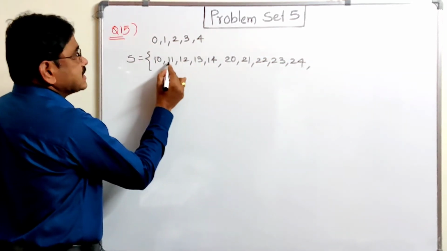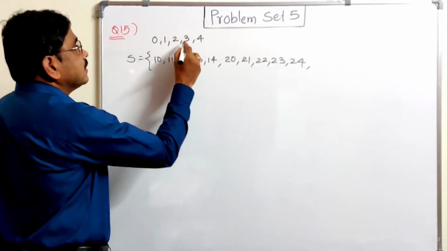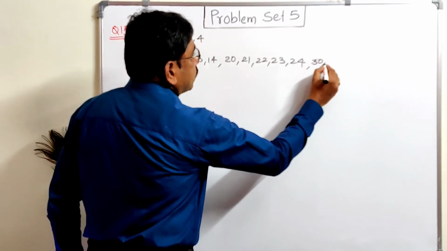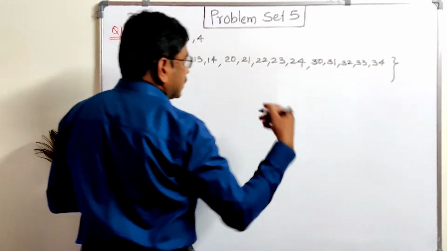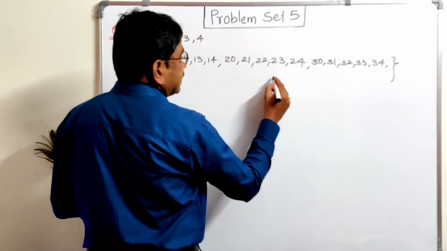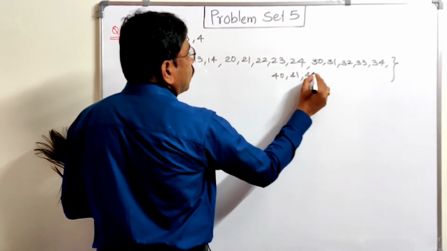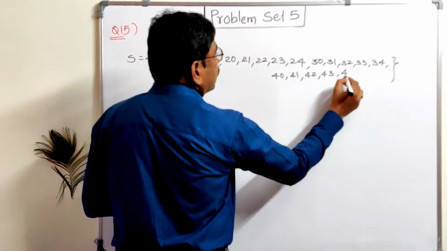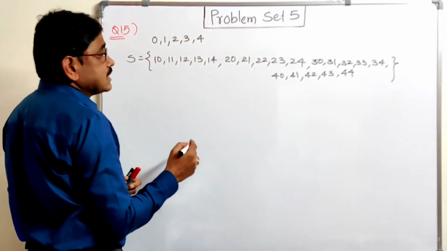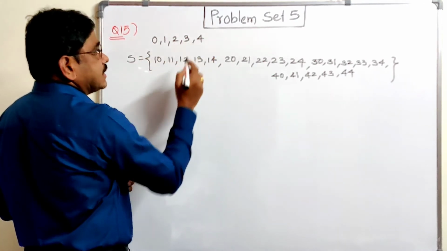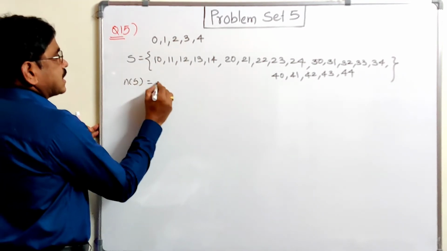रिमेंबर हियर रिपीटिशन ऑफ डिजिट इज अलाउड, नॉट अलाउड नहीं दिया है, अलाउड है. That's why 11, 22 is there. 3 से स्टार्ट करो, 30, 31, 32, 33, 34. The next यहाँ पे लिखते हैं 40, 41, 42, 43 and 44. तो कितना नंबर होता है? 1 2 3 4 5. एक डिजिट से 5 नंबर, 1 2 3 4 5 digits are there. So here count these numbers. NS is equal to, these numbers are 20.